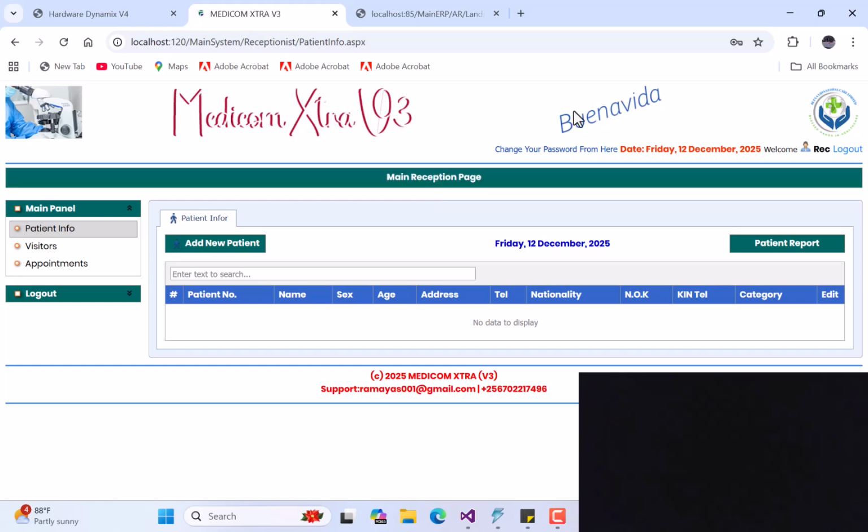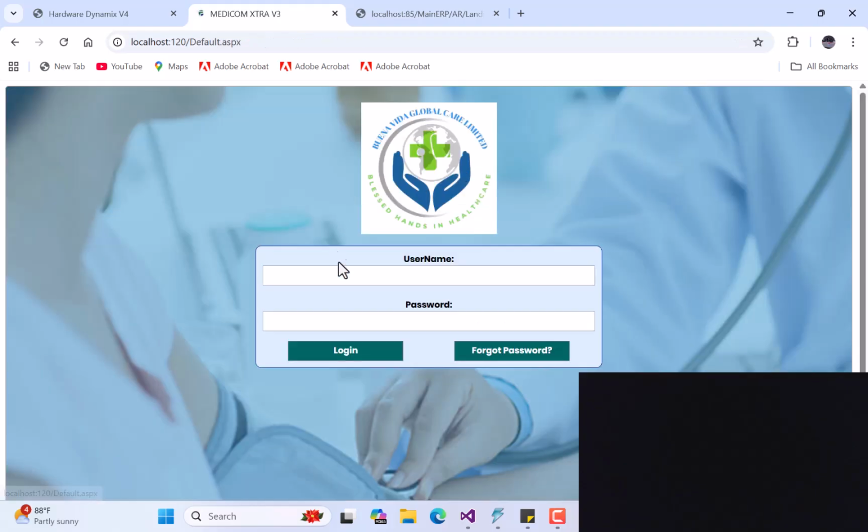The same thing applies to this. So you see here, this is a receptionist in the hospital. He only views patient information, visitors, and appointments. Get the point? But if I log in as a doctor, sorry, as an accountant,